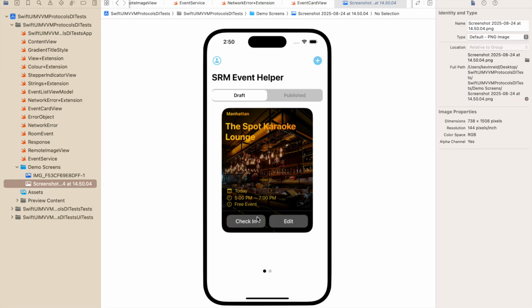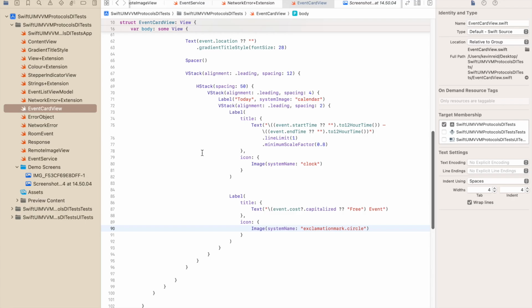and the start and end date, start and end time will be yellow, and if it's a paid or free event, it will be yellow as well, including the system image names, or the system images, they'll be yellow also. So to do that, we need to do that after line, I think it's after line 94. Or after line 95. So